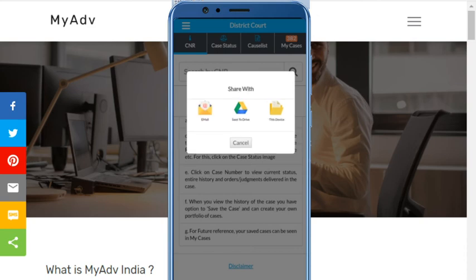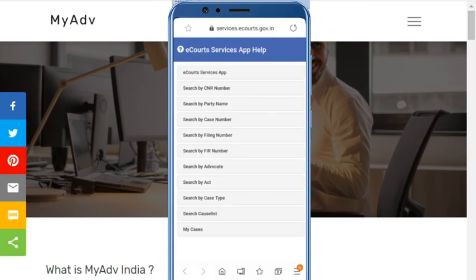We can also export and share our cases. For future use, we can save it by email. In the help menu, when we click on help, we go to services.ecourts.gov.in where we can find help.